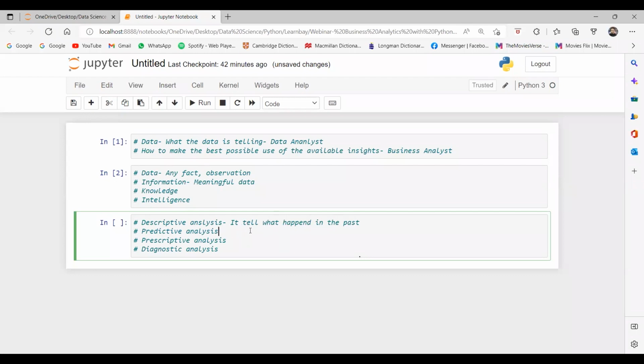If you have 10 years of sales data, then you can tell, okay, in that particular year we had that much sales, in the next year we had that much sales. Yes or no? That is a kind of descriptive analysis. Predictive analysis, it predicts what may happen in future.